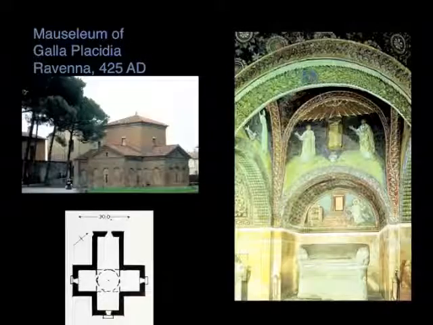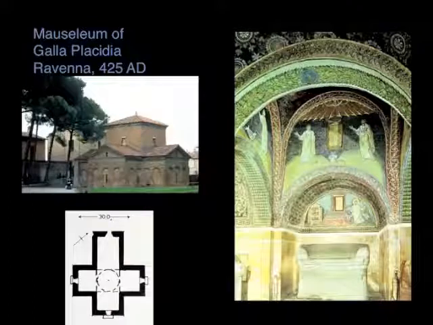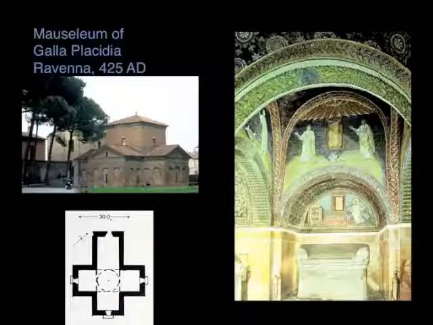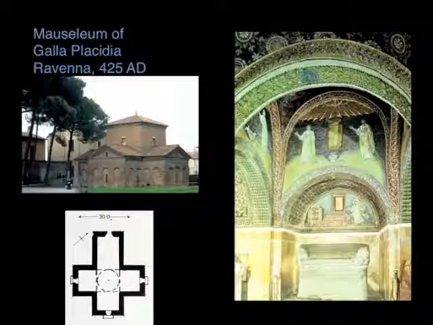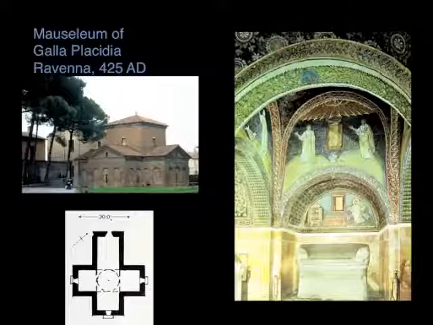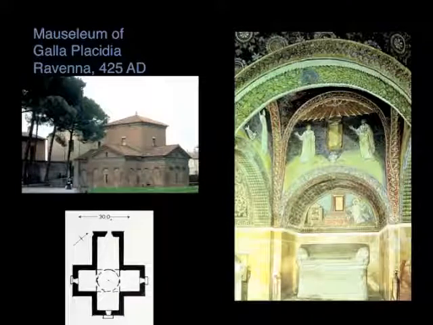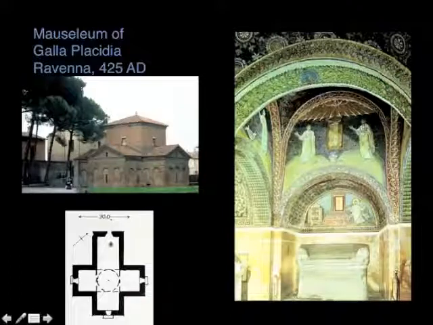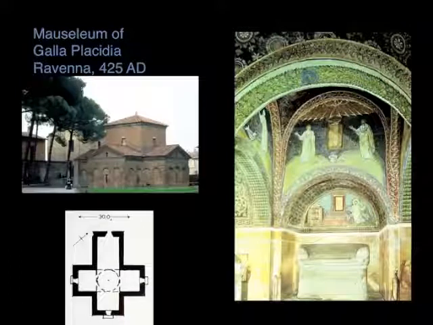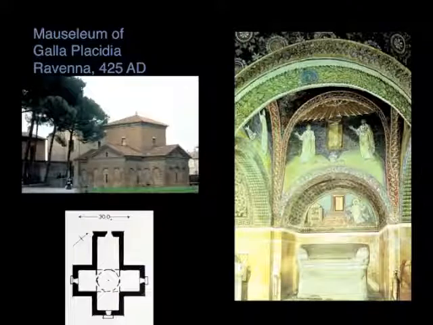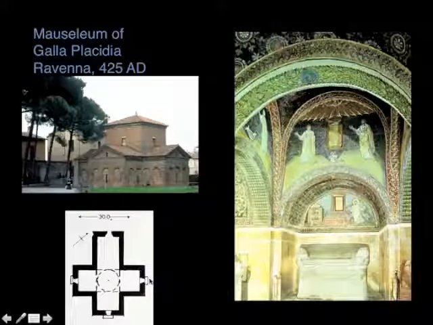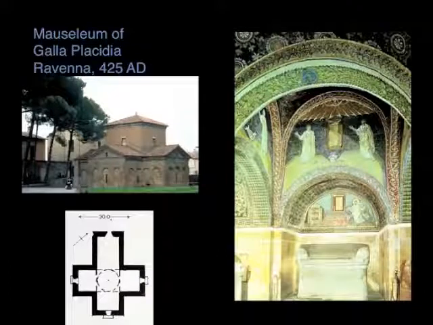The architecture shifts under the Eastern Empire from the kind of grand engineering projects we looked at when we looked at the Western Empire, the consolidated Roman Empire, to things that are more modest in scale and things that deal with the materiality of the wall in quite a different way. The thing we're looking at right here is a tiny little mausoleum for Galla Placidia in the town of Ravenna, which is on the Adriatic coast, about 60 kilometers south of Venice.